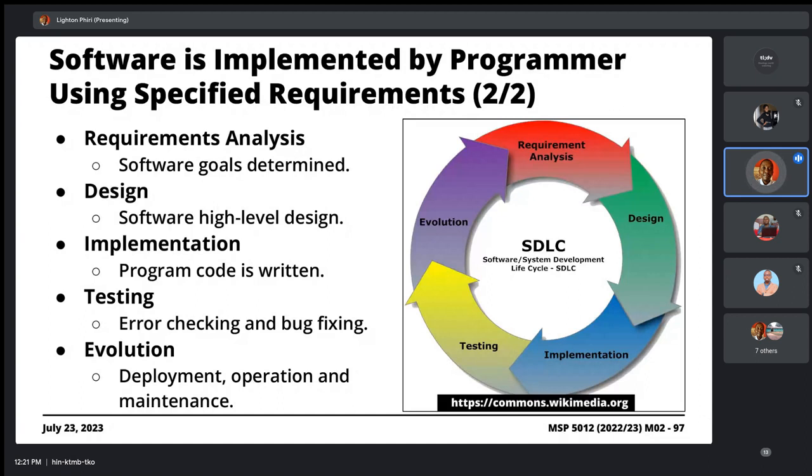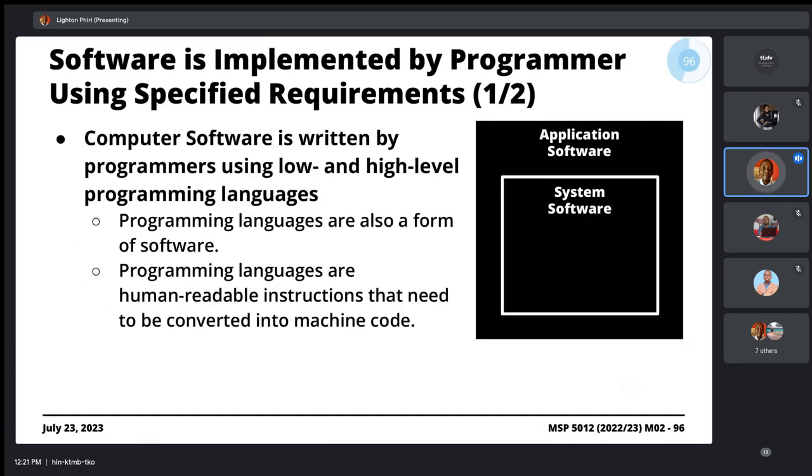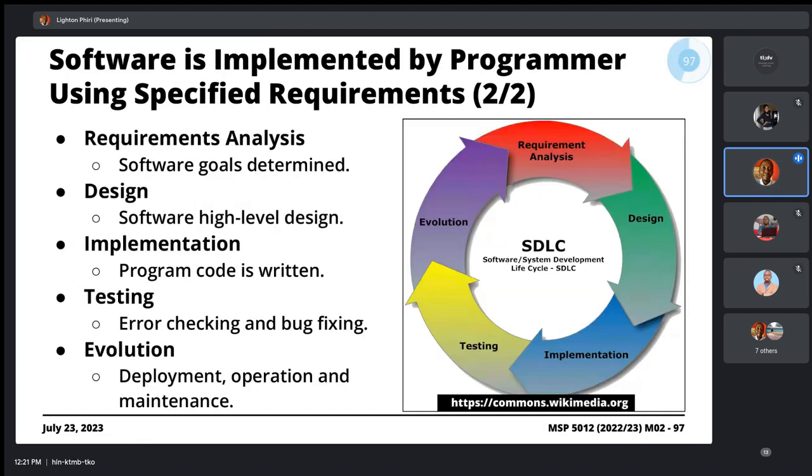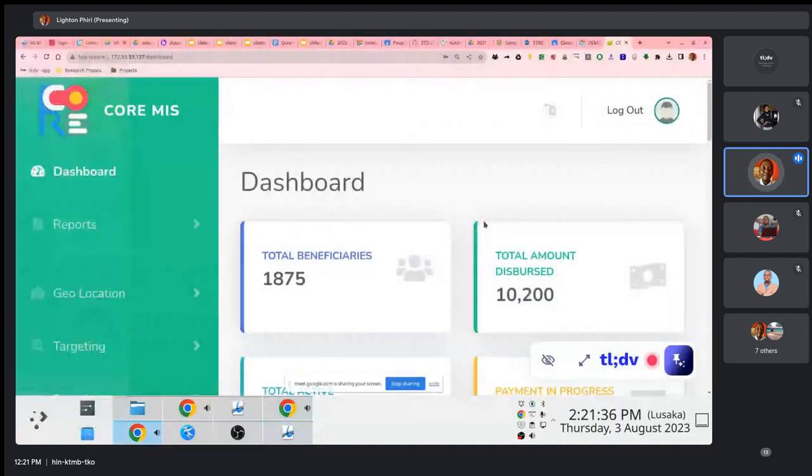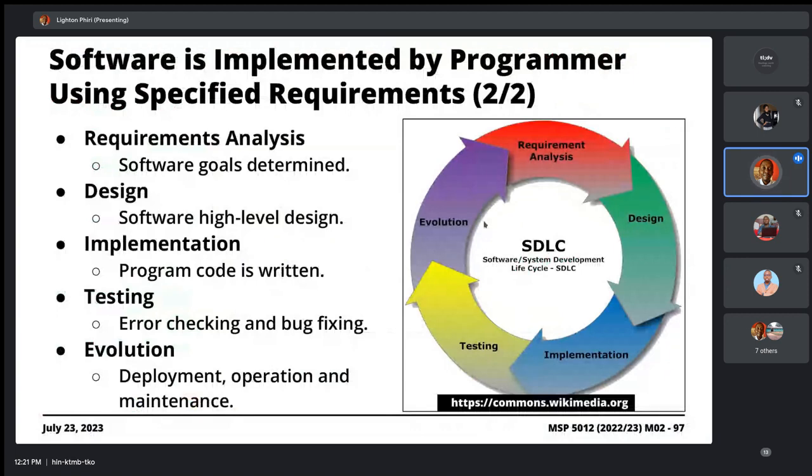The other thing to note here is that, and we have a dedicated discussion, there's a module that is tied to this. These programmers, as they are writing computer software like ZSpace or like this core MIS that we've been referring to, will go through a systematic process of doing this, right? So there's a recommended way of developing software. It's not necessarily prescribed, but it's a recommended way of developing software.